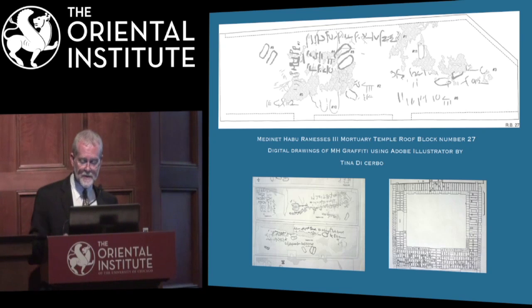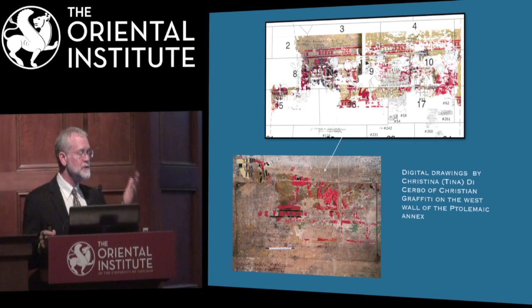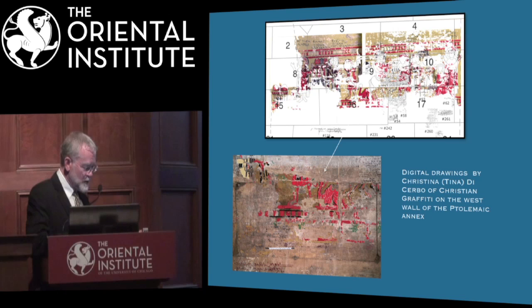And Tina has made this her specialty in epigraphy. She's now working in the northern annex, the Ptolemaic annex added to the small Amun temple, and using new software, I believe it's D-Stretch. It's like a filter that you would put on a normal camera. Different colored filters bring out different details that might be faded on the walls. Well, you can look